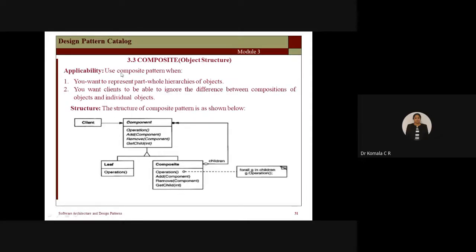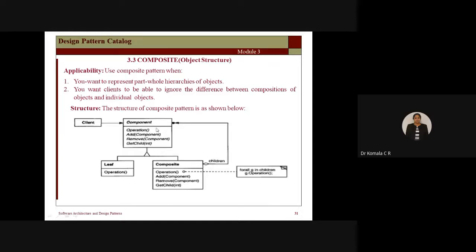Fine. Applicability: we can use the composite pattern when you want to represent part-whole hierarchies of objects, and you want a client to be able to ignore the difference between compositions of objects and individual objects. The structure of the composite pattern is shown here. I have Client as the main class name, and Component as an additional class name.